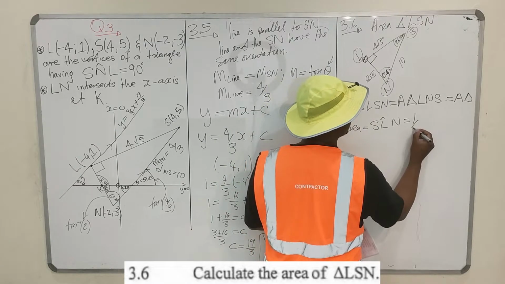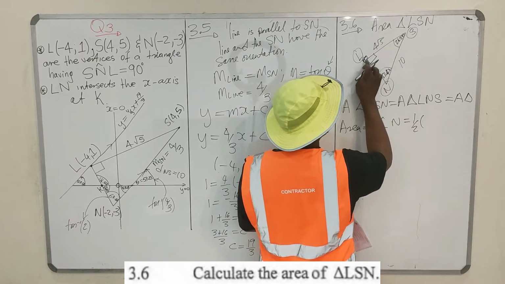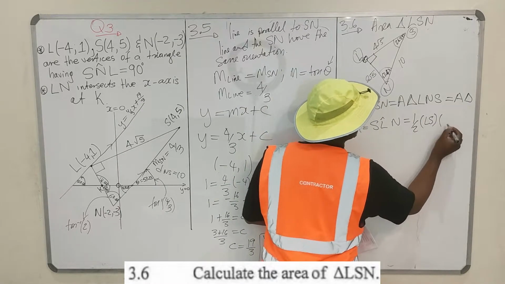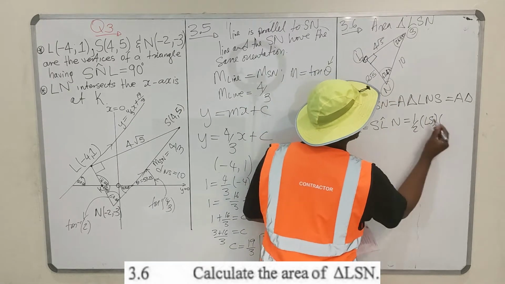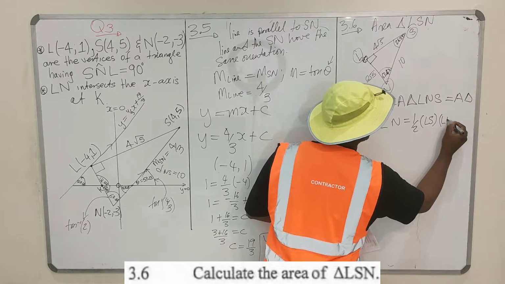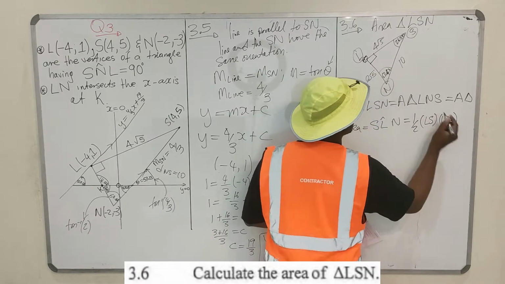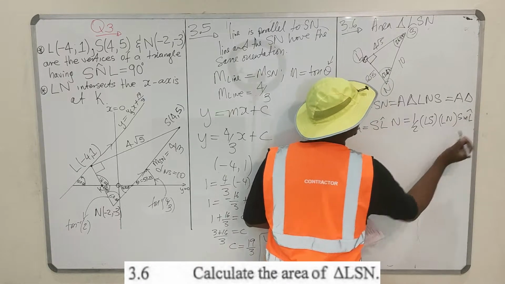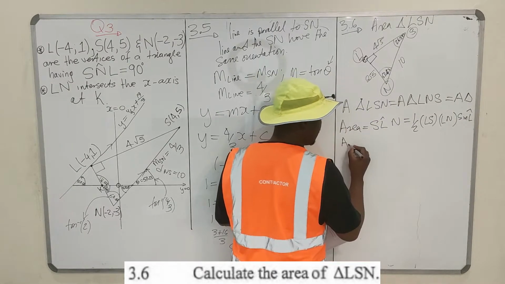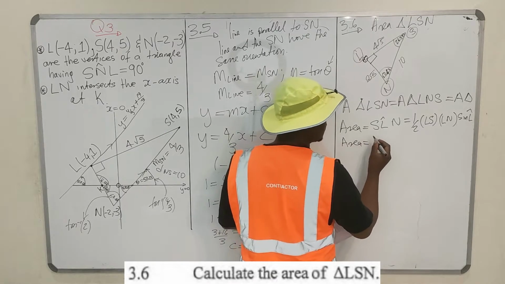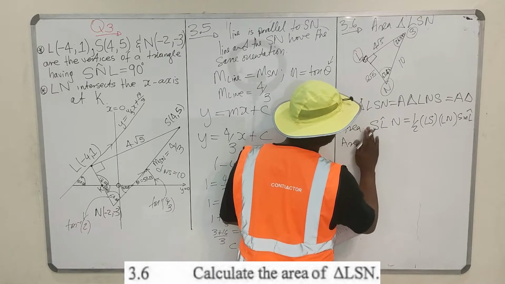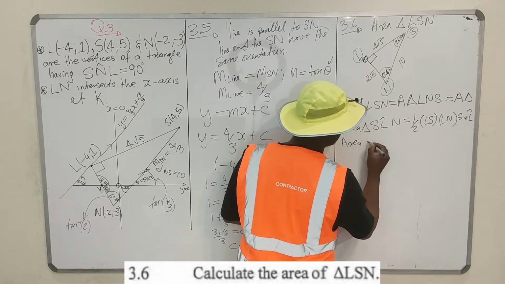It's going to be half of the side that I'm including this angle, which is LS times LN, sine of the included angle, sine of angle L. So this area is equal to what? Area of triangle